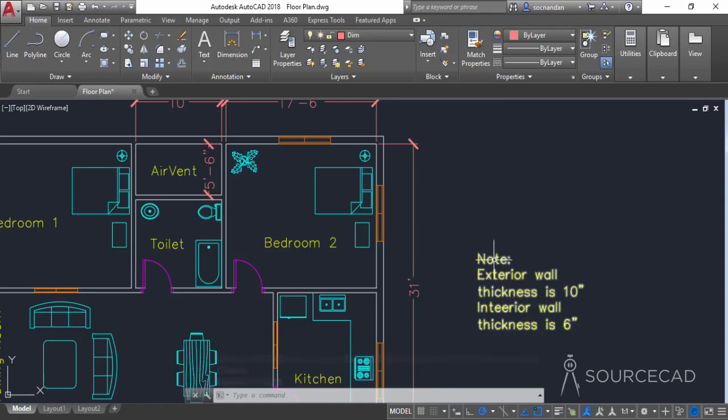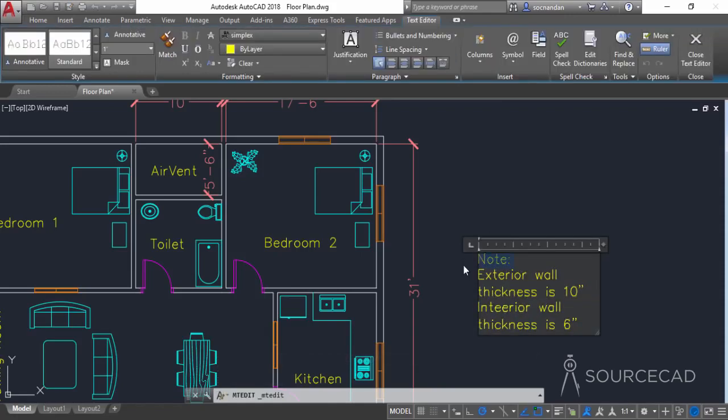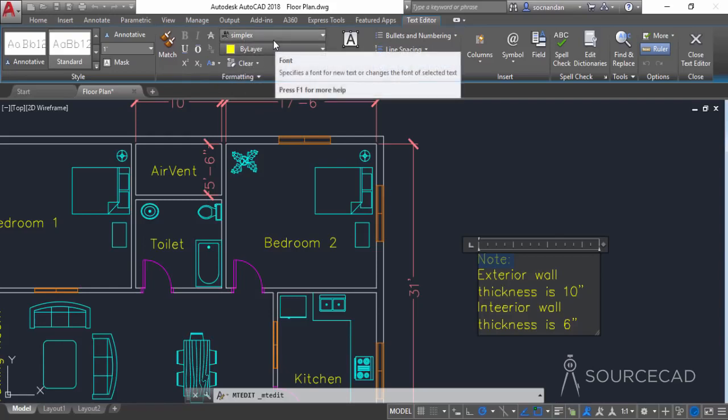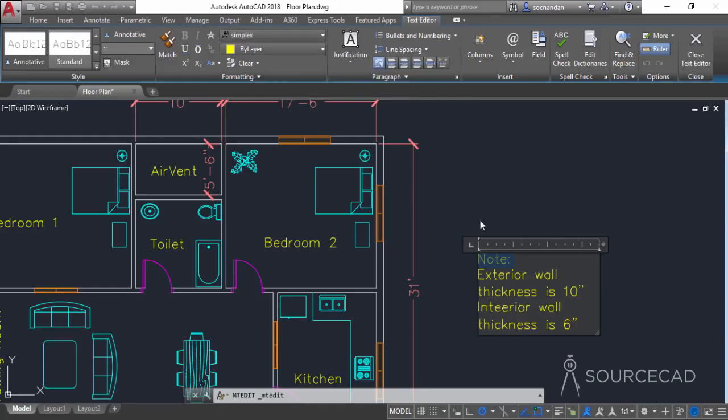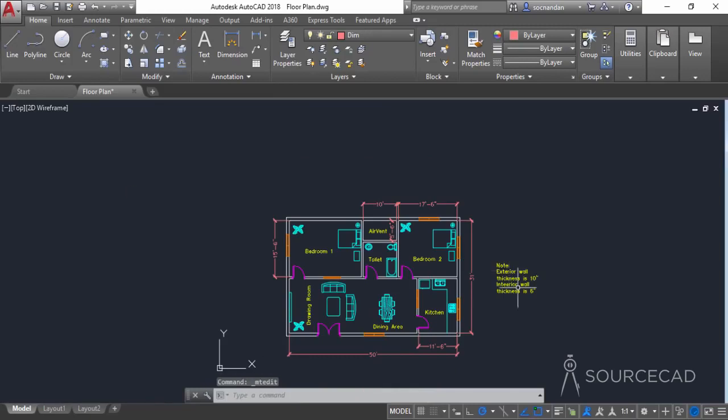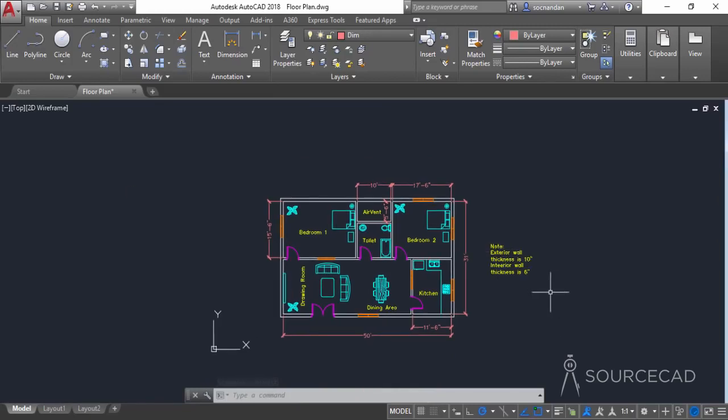If required, you can highlight this note, and to highlight that you can select it and use this bold option. But obviously in case of simplex font you cannot do that because that's a single line font. You can do that with a true type font, obviously. So now our drawing is finally prepared for plotting, and to plot this I'll first save it and I'll go